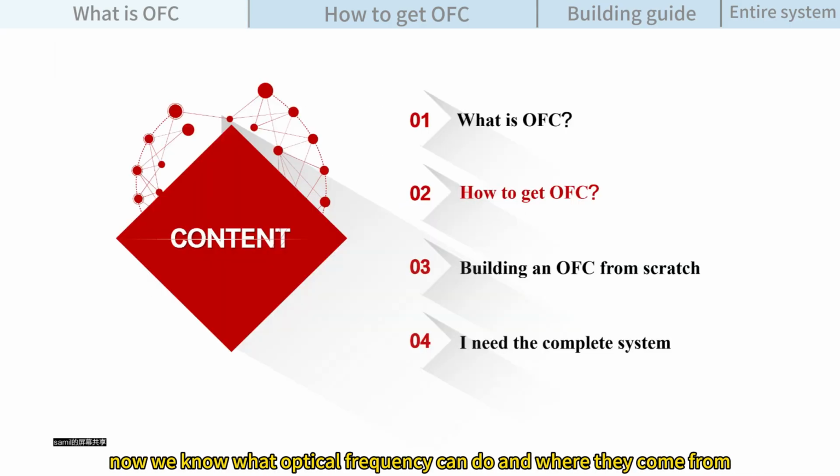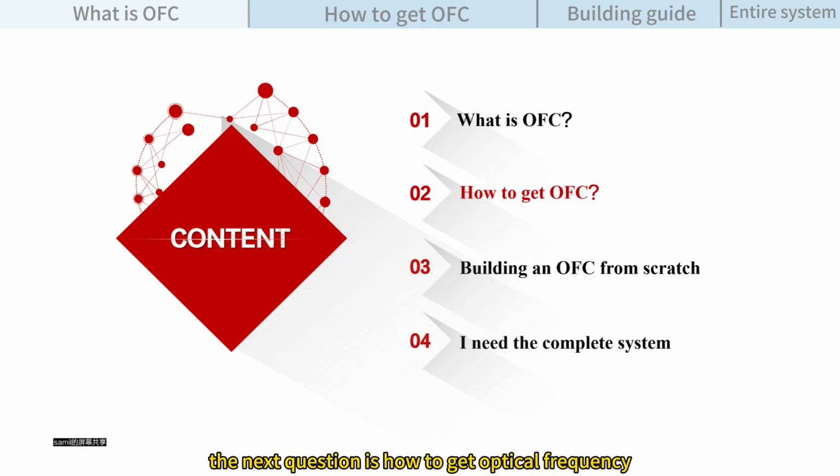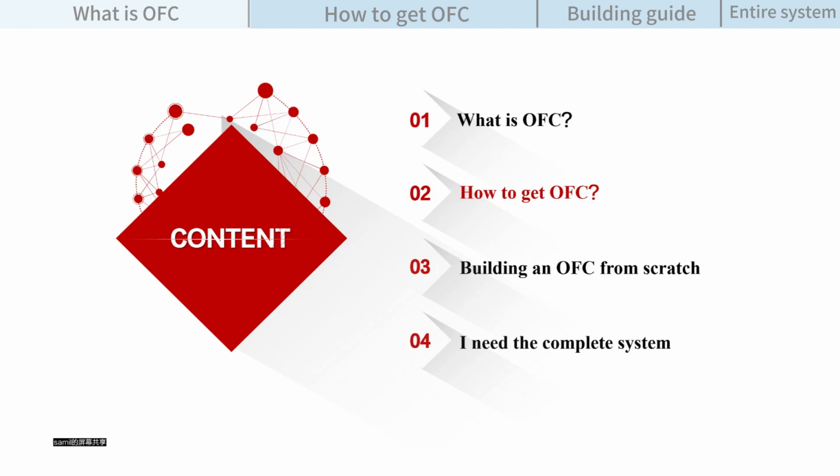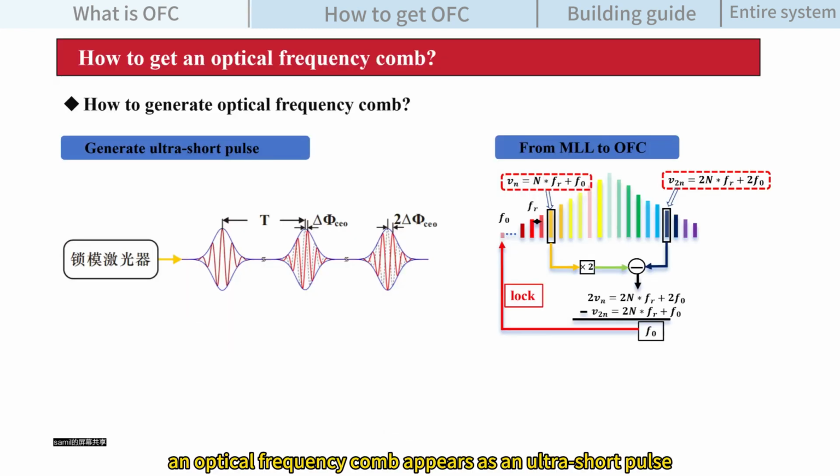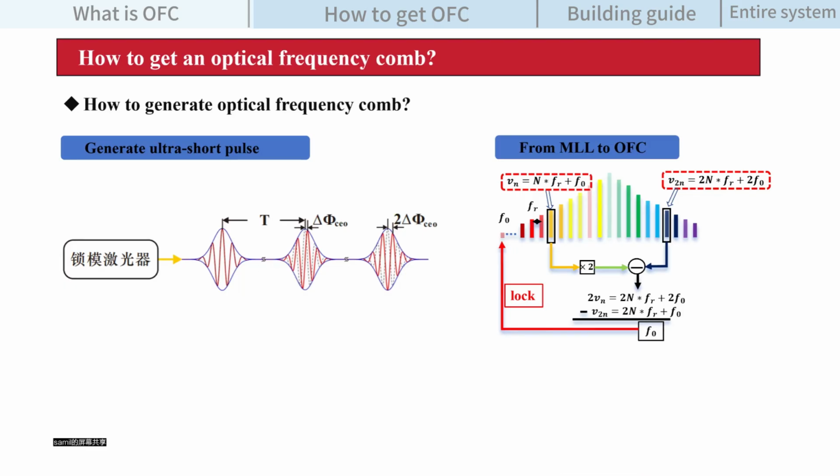Now we know what optical frequencies can do and where they come from. The next question is how to get optical frequency. As we mentioned, the optical frequency comb appears as an ultrashort pulse in the time domain. So first, the challenge is how to create this pulse. And the second question is, if we get this pulse, how to get the optical frequency comb? We need to lock the